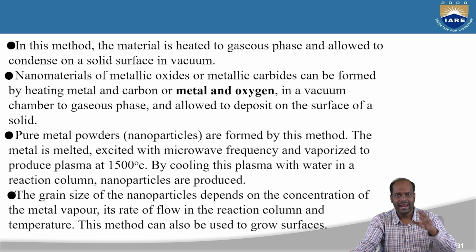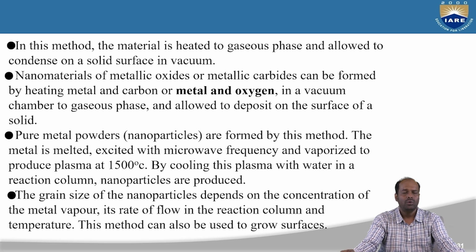The grain size of the nanoparticles depends on the concentration of metal vapor, its rate of flow in the reaction column, and the temperature maintained inside the chamber. This method can also be used to grow surfaces for different kinds of metals,